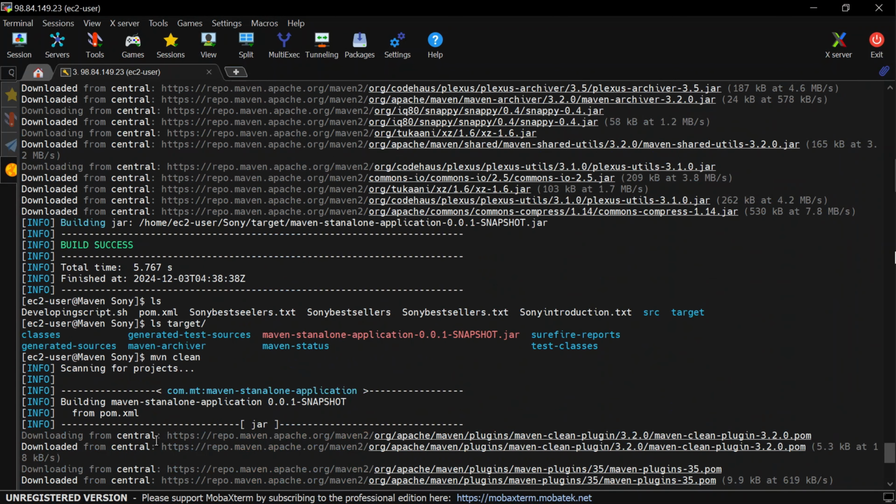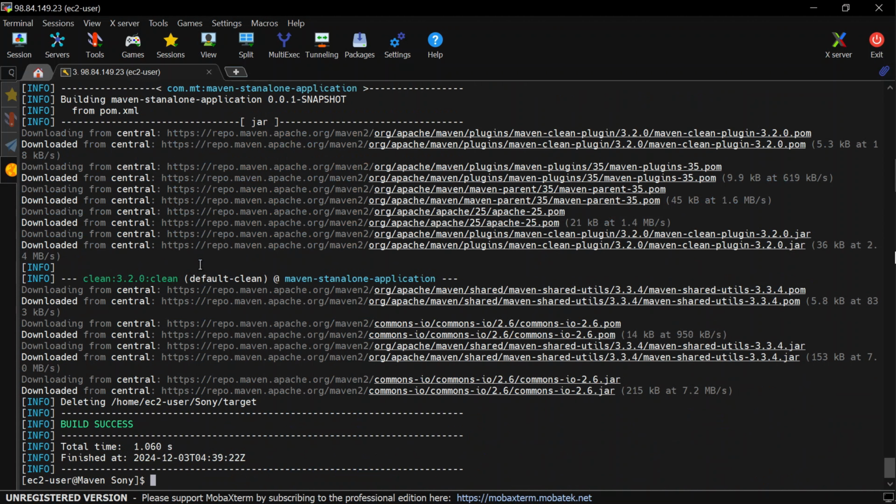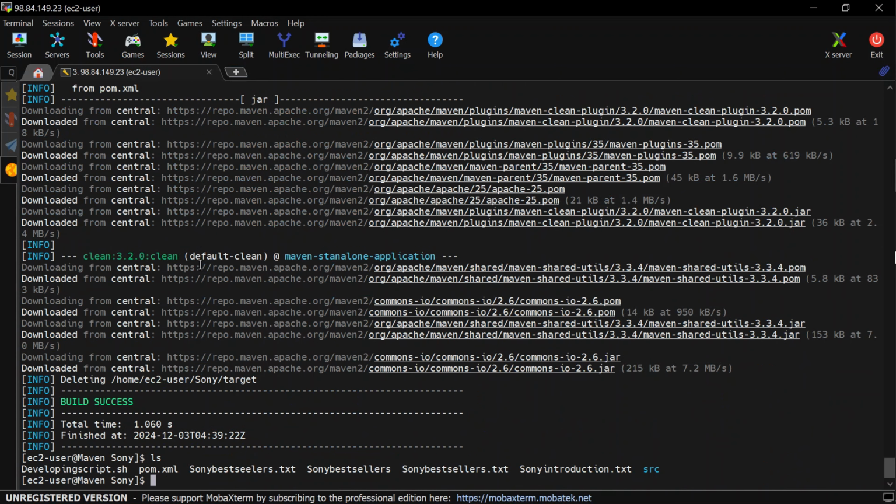How long did it take for the previous one? It took 5 seconds. The timing depends on how much you have in your code and in your test cases. So let's ls. We can see our target directory is now gone. Let's do mvn package